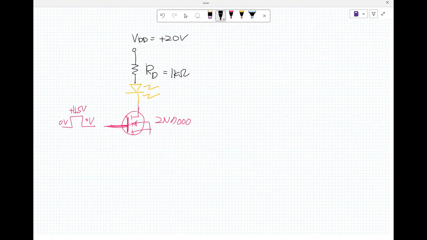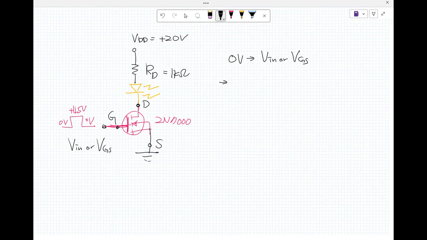So that should be V sub in or V sub GS. And we learned before that was drain, gate, and source. Okay, now, so 0 volt V sub in, V sub GS, MOSFET,